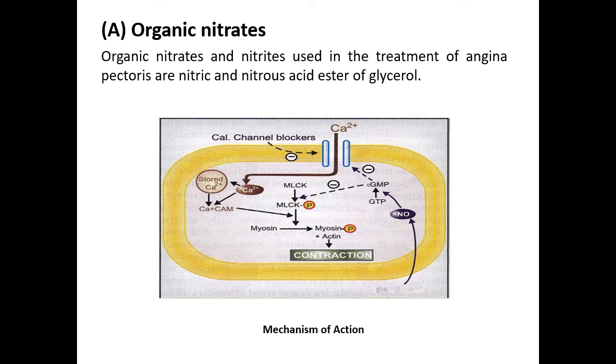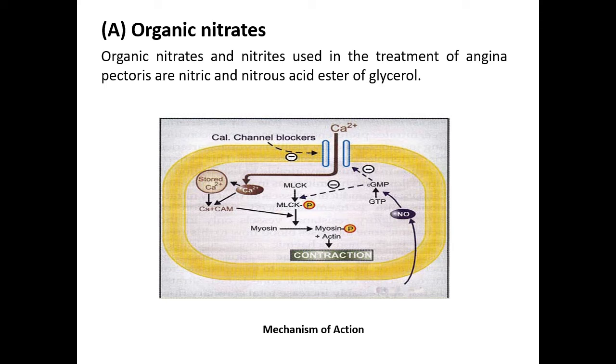So if there is a blockade of the voltage sensitive calcium channel, then there is a reduced intracellular concentration of calcium, and this reduced intracellular calcium is unable to release more stored calcium inside the cell. If there is a scarcity of calcium inside the cell, then it is unable to form the calcium calmodulin complex, and if there is a reduced calcium calmodulin complex, then it again hinders the myosin and actin complexation, again inhibiting the contraction. So in both ways, the nitric oxide through the activation of guanylate cyclase